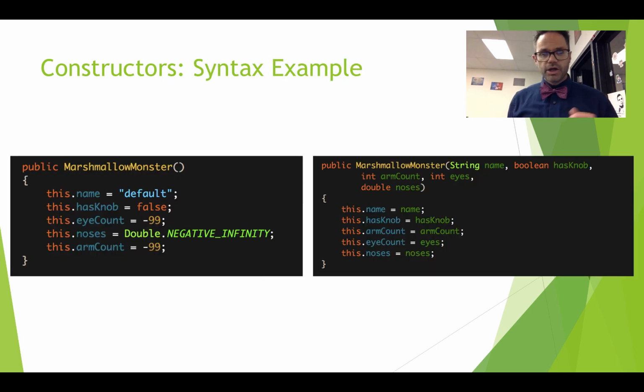Here we have a couple examples of constructor syntax. On the left, I have a default no parameter constructor. We know it's a default not only because I have this.name equals default, but because it's just using the same basic approach, just the empty params. That means it just creates an object, and I'm explicitly assigning a value to every single data member in my marshmallow monster class. Also, when I'm assigning to my primitive, I assign a value that's explicitly not just a 0,